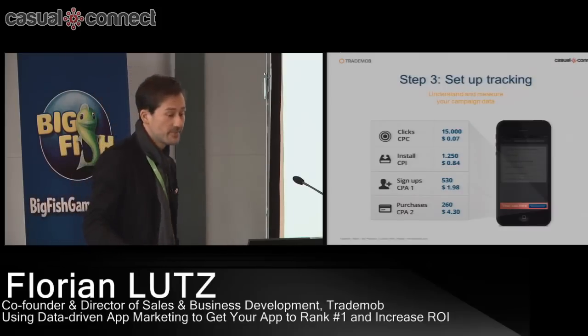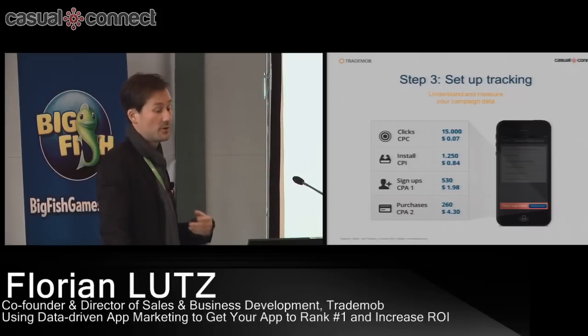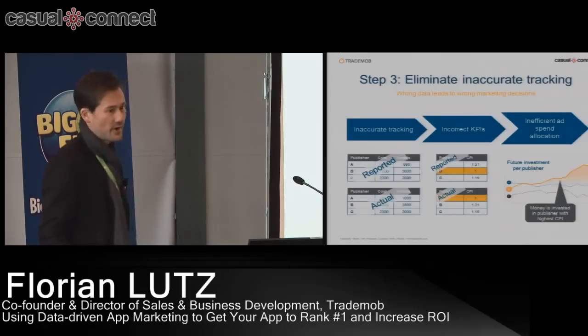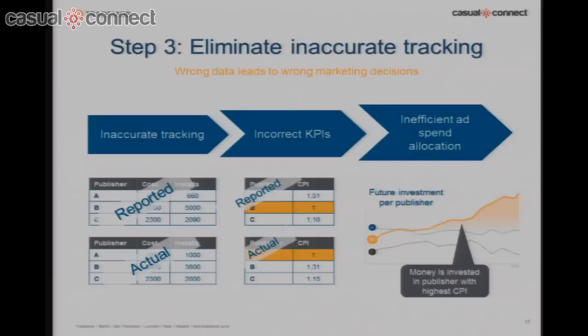In order to achieve that, or in order to actually track what you're doing, obviously you will need tracking. And the things we're tracking are not only clicks, but actual cost per install, cost per engagement, cost per in-app purchase, cost per registration, and you can see all that in your campaign reports. So tracking is actually quite a fascinating thing, because tracking in mobile apps today is, I wouldn't say in its infancy, but it's still pretty much a new thing that people are starting to talk about. All the bigger networks, all the CPI networks obviously, and also the large global networks, nowadays offer tracking solutions which you can use.